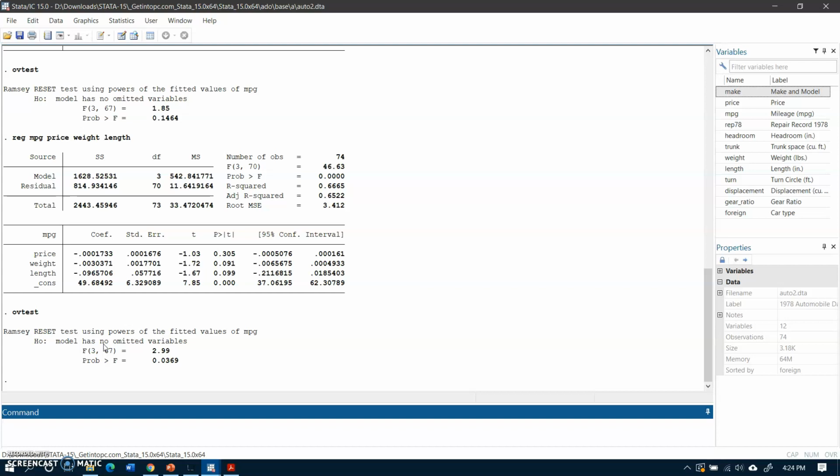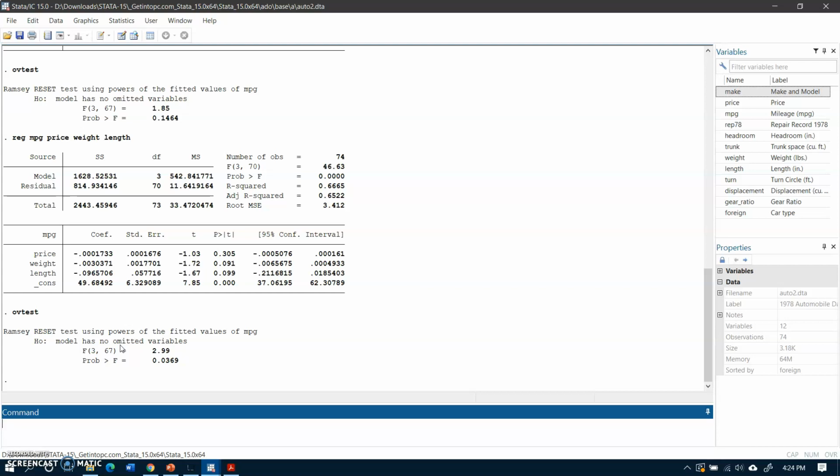In all the previous 2 or 3 models we saw that the Ramsey RESET test was insignificant and we failed to reject the null hypothesis, but in the last case here the probability value is 0.03, which is less than 0.05. So we reject the null hypothesis and we conclude that this model has some omitted variables and we must include those variables.